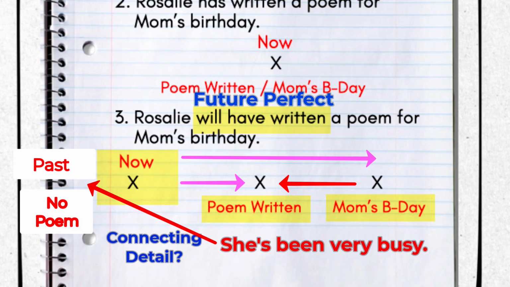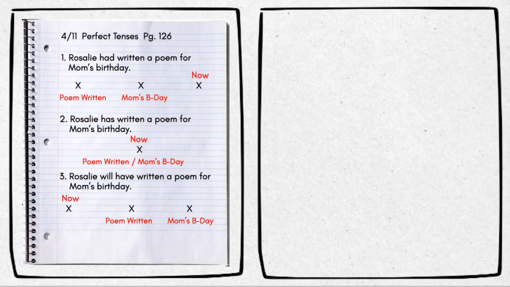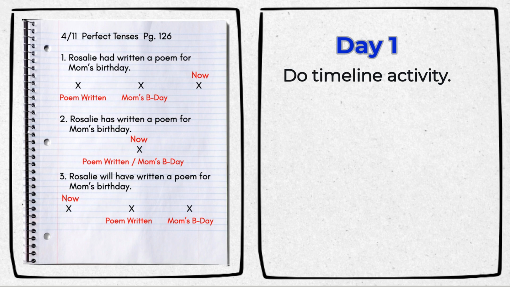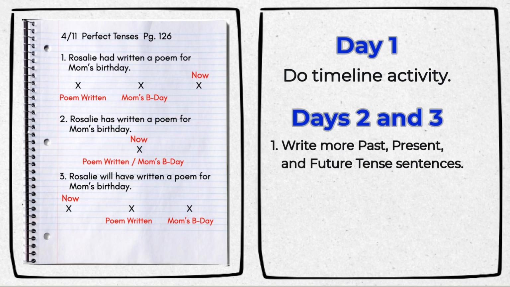You know, she's been very busy. So that's the added detail for future perfect tenses. It's already been added at the beginning. So this activity right here might be day 1. On day 2 and 3, you can write more of these kinds of sentences and have the students make timelines